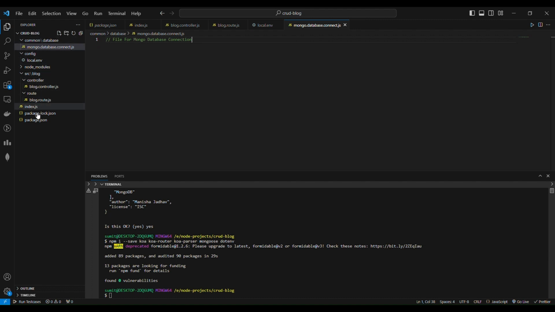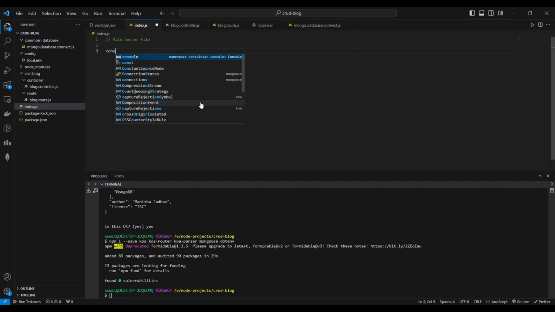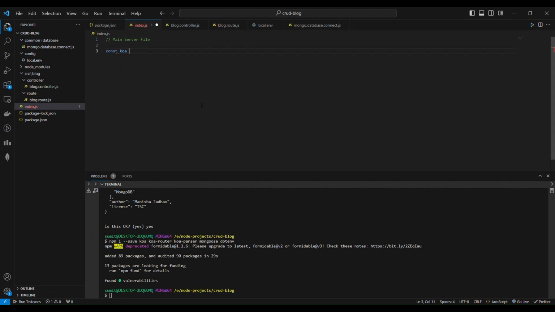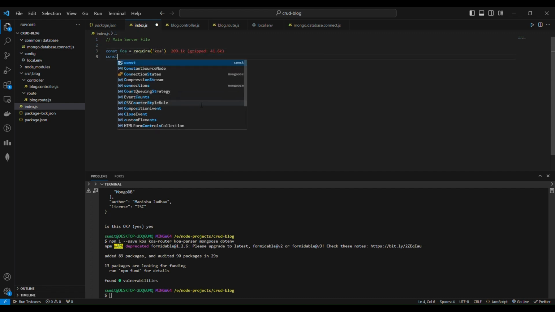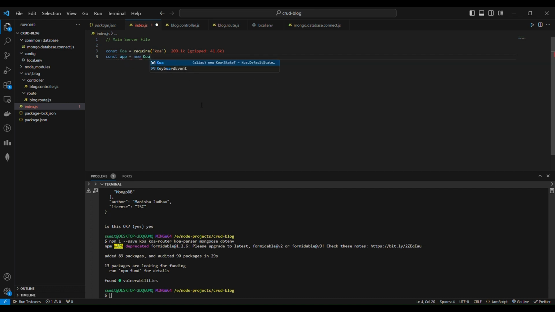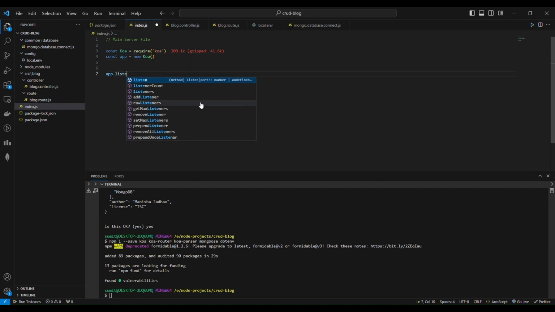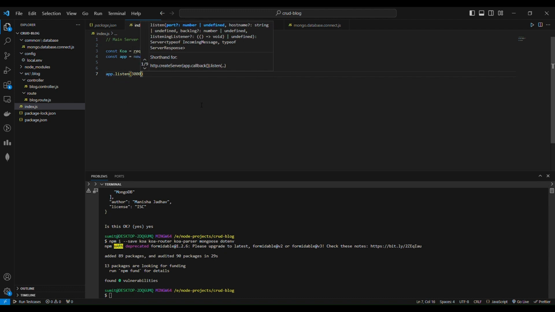So this is the folder structure we are going to follow: index.js, then src folder, config folder, and common folder. Index.js will be the main server file for creating the application instance, registering all the routes, and listening to all the incoming requests. Firstly, we are going to load the Koa module. After that, we create an application instance from the Koa class. Here we have created app as a Koa instance, and we are listening for incoming requests on port 3000,